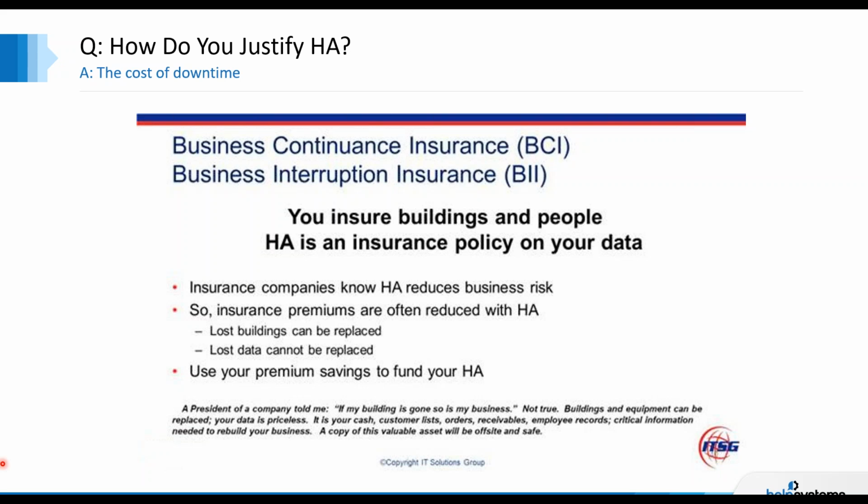He talks about business continuity insurance, BCI, and business interruption insurance that many businesses have. If you can prove out HA, often the cost of this insurance policy alone can help justify the purchase and getting involved in HA technology, whether it's buying another server, buying software, or hardware to help out with this. So something that we all should consider is talking to our business units about business continuity insurance, and are there any ways to save money because we now have an HA solution in place?